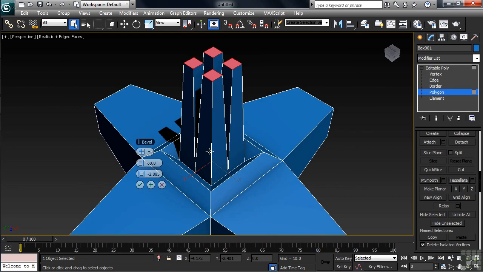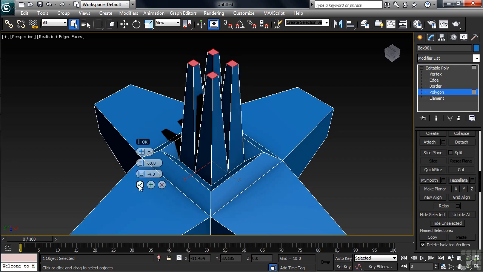Notice the caddy box stays open. Now down on the 3rd level, which represents the outline for our bevel, let's go ahead and type in -4. We'll press enter, then we can accept that amount by clicking on the green check mark. Now when finished, we're going to want these to represent legs to our object. Here's what we're going to do. We're going to activate the scale command and see if we can't push each of these polygons a little further